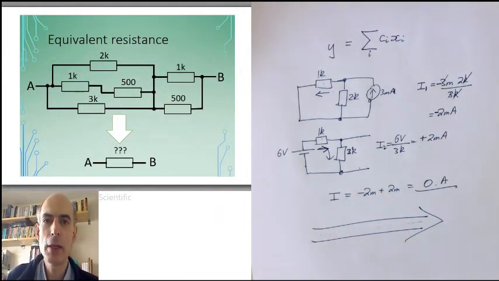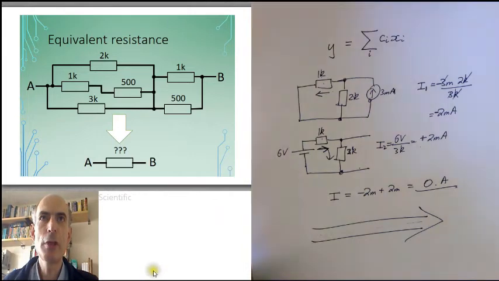Now, on to what I mean by an equivalent network. We've seen before things like this. An equivalent resistance. You can take any network of resistors and replace them with a single resistor, and the rest of the circuit would not change at all. As far as anything connected to A and B is concerned, this network of resistors behaves exactly like a single resistor, and the value of that resistor is the equivalent resistance of this network. And we can always do that for networks of resistors. However,